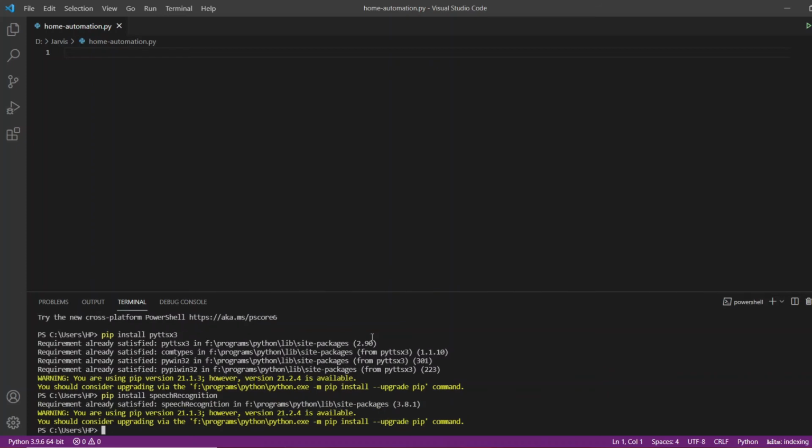So now the last library that we need is a library to send commands to our Arduino board. This library is called the pyfirmata library. So I will say pip install